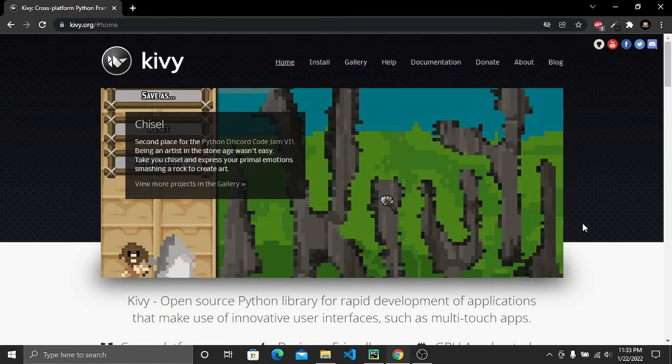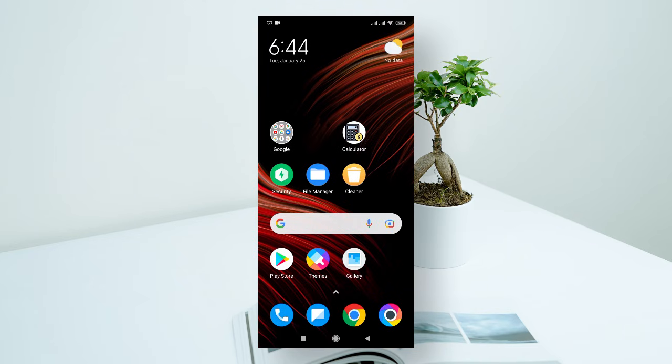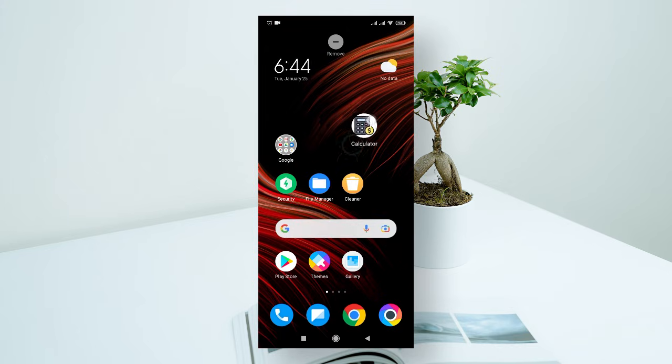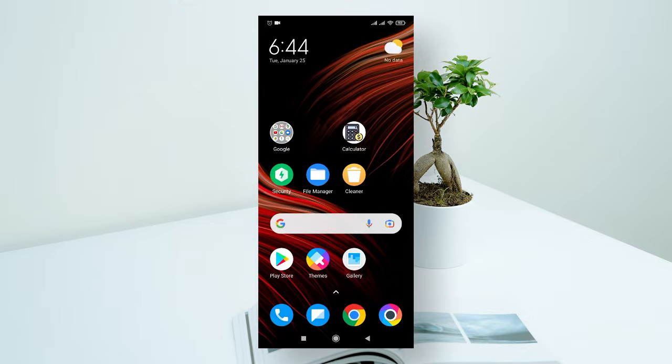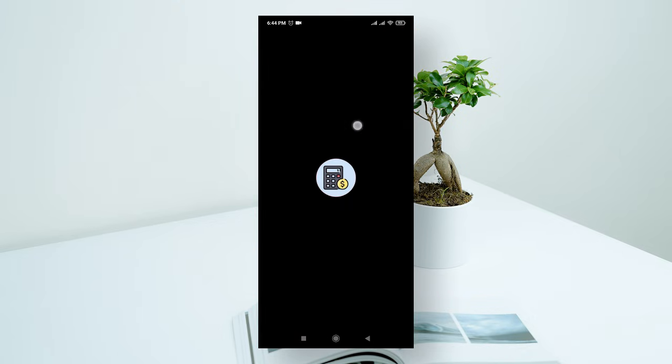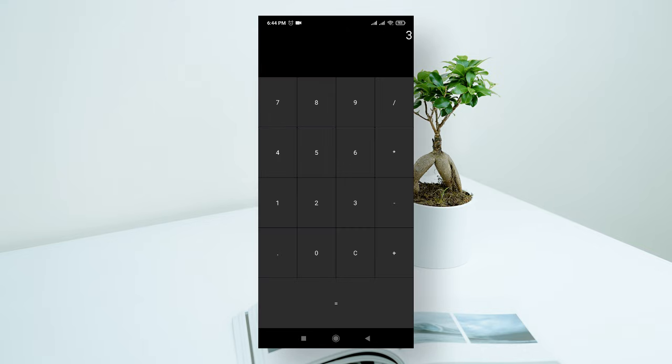And in this Python project, we are going to create a complete mobile phone application using Python Kivy. Yes guys, we are going to create this calculator using Python. We can download this application on our mobile phone, install it, and also use it for our regular calculation. And we are going to see how to build a complete mobile phone application from scratch using Python Kivy. If you are a beginner, then don't worry guys, I will show you every process